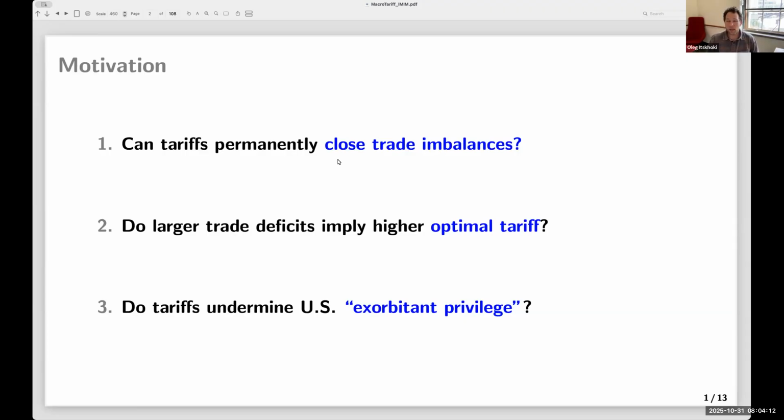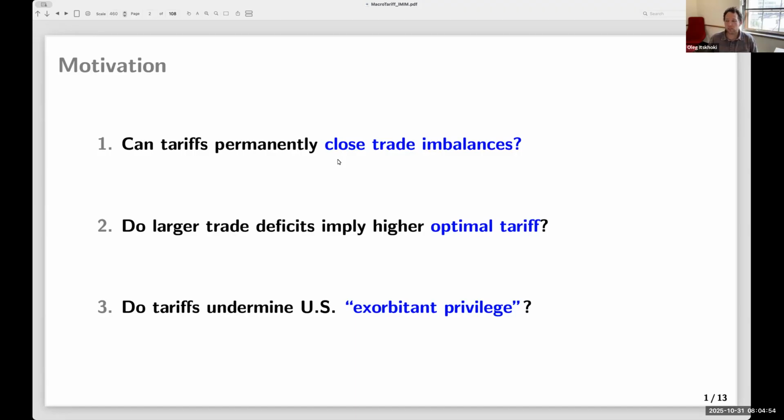is a net saver. The extent of this imbalance has fluctuated, but the US has been borrowing from the rest of the world for about four decades now. In international macro, we typically study the causes and implications of imbalances, but we typically don't discuss tariffs. In trade, people focus a lot on tariffs, but don't discuss imbalances quite as much. And obviously now, given that imbalances were one of the reasons for the tariffs, this became an important question to address. The first question here is, can you use tariffs to close imbalances?